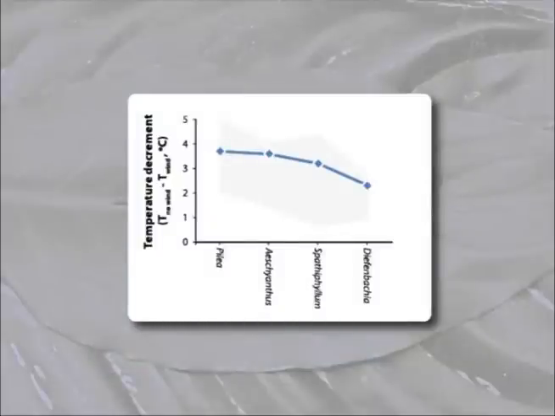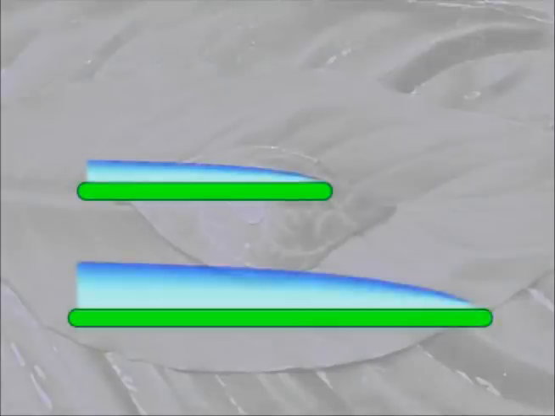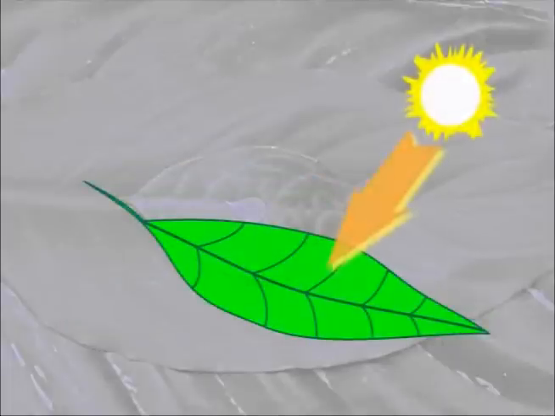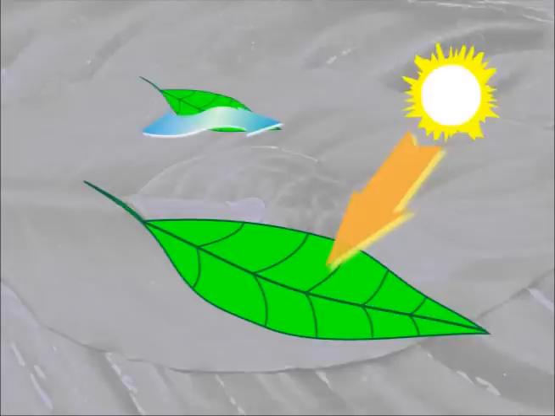The smallest leaf cools the most when the fan is switched on. That's interesting. Apparently, the thinner boundary layers on the smaller leaves are disproportionately reduced by winds. So here is our first principle of leaf operative temperature. Large leaves are disproportionately affected by radiative heating. Small leaves are disproportionately affected by convection cooling.